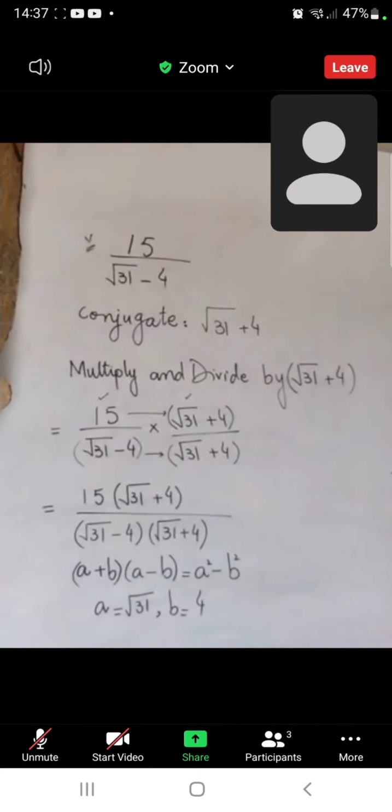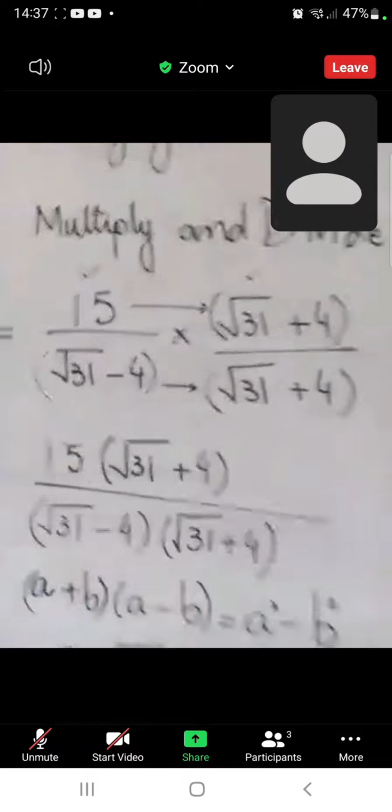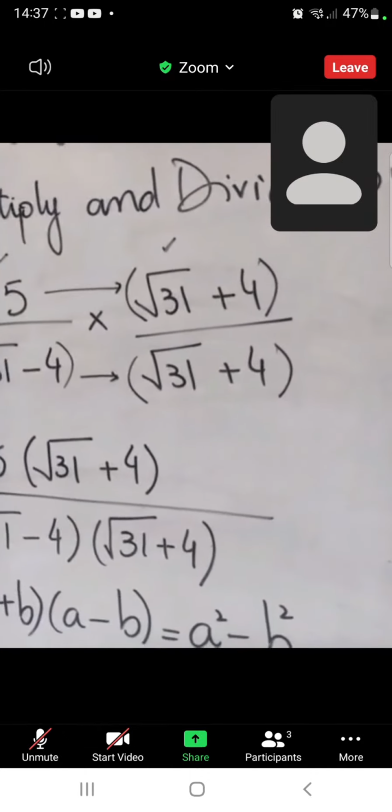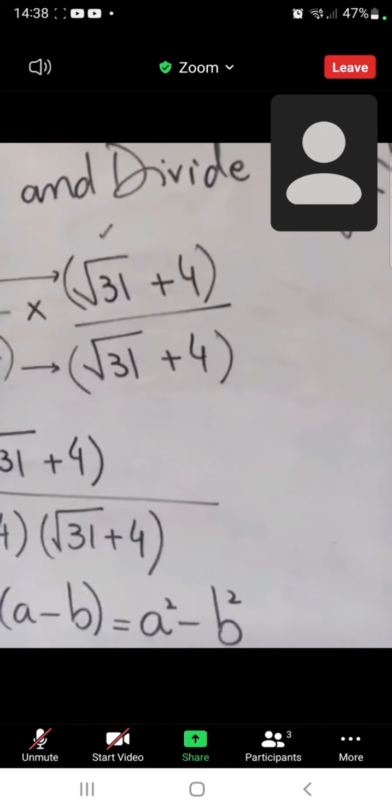Any confusion? Abdullah? No, ma'am. Okay. Now the numerator's term will remain the same because no multiplication can be done here: 15 times square root 31 plus 4 over